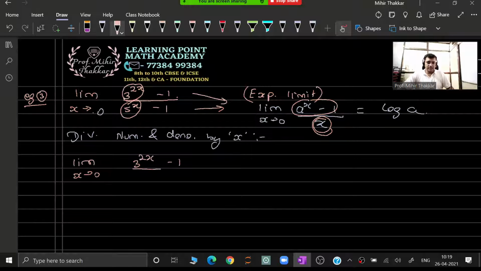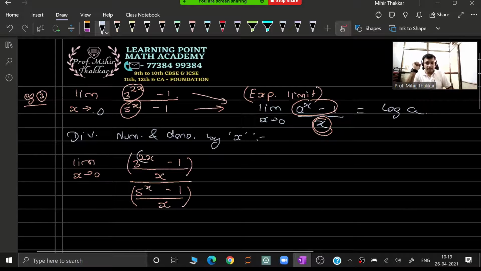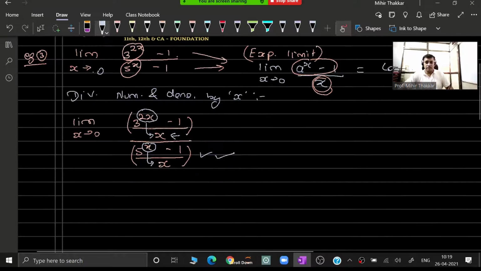So I come across a question which is like this: (3 raised to 2x minus 1) upon x and (5 raised to x minus 1) upon x. So guys, these are the two standard functions. The only thing is that I have to be careful, whatever is given to me in the power has to be exactly adjusted there in the denominator. Now when I observe over here, this part is ready-made adjusted because we don't have to do anything in this one. But yes, for the upper part or the numerator part, I need to get that 2 along with x in this case.